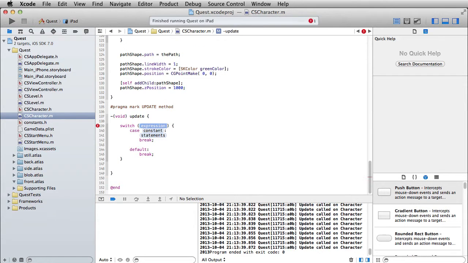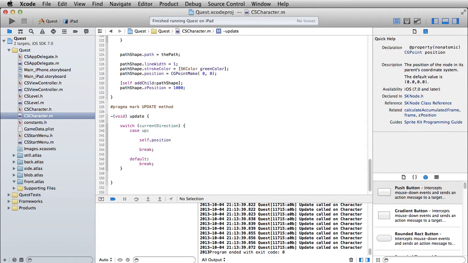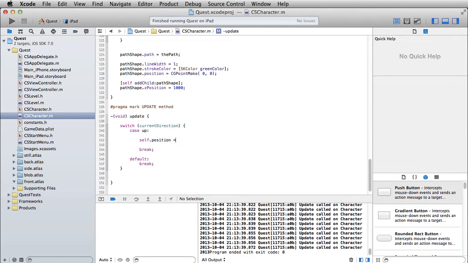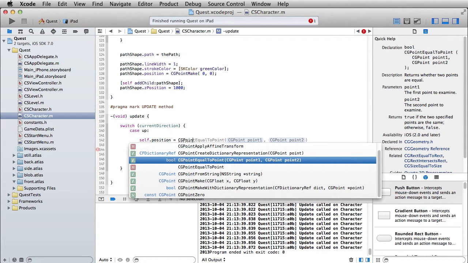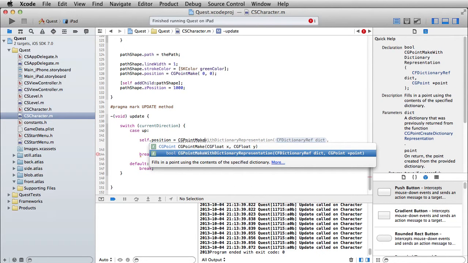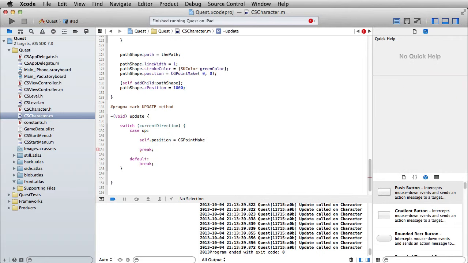And you can see as soon as you type switch, it begins to fill this in for you. Our expression that we're going to be testing is going to be the current direction, and one of our first cases will be if it happens to equal up. If so, then what we'll do is write self.position. And we're affecting the entire self here, the entire class, not just the artwork inside of there. And we're going to put cg.make